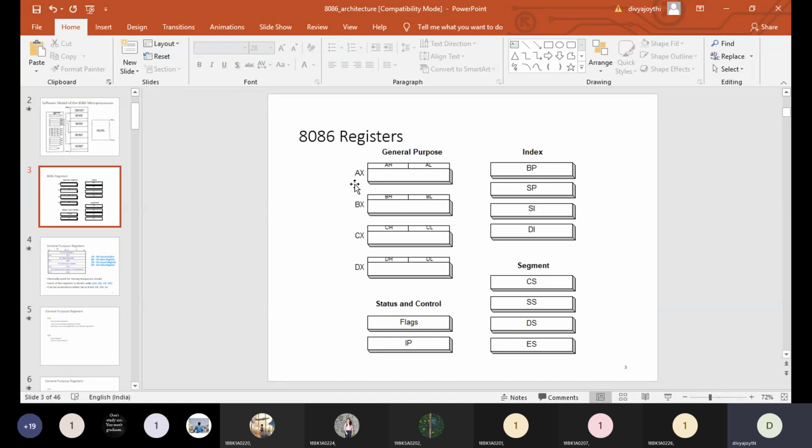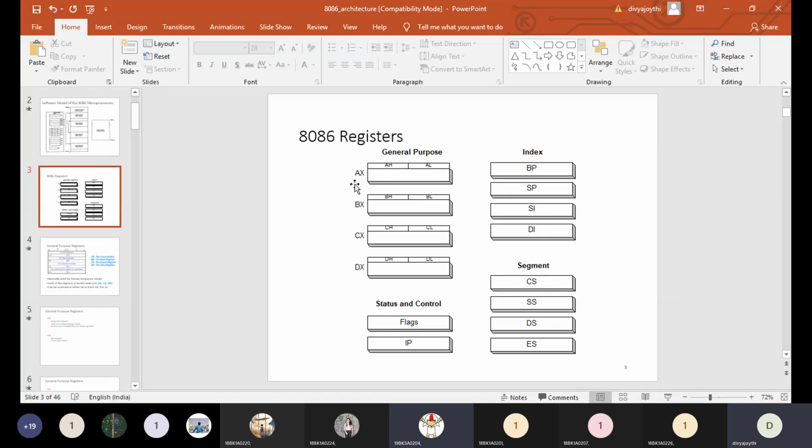Let you perform any kind of operation, a copy of your result will be stored in the accumulator by default. That is the feature that 8086 is providing for the accumulator. Result of any operation will by default be stored in the accumulator. Even though you are specifying one register to store your result, in that specified register the result will be stored, but along with that specified register, a copy of your result will by default be stored in the accumulator, and its representation is AX. Guys, are you clear with AX?